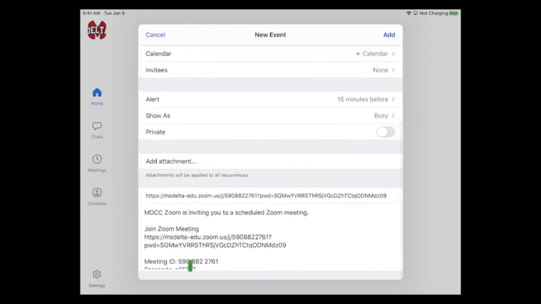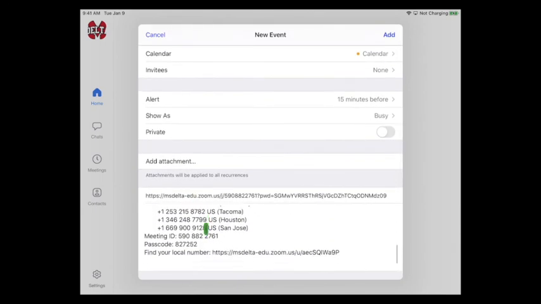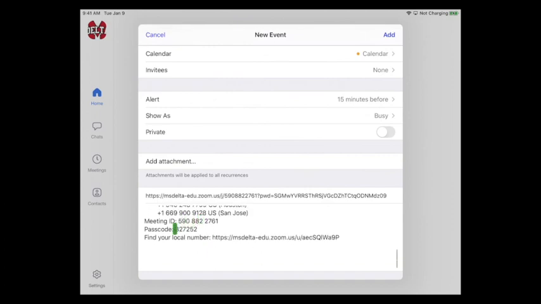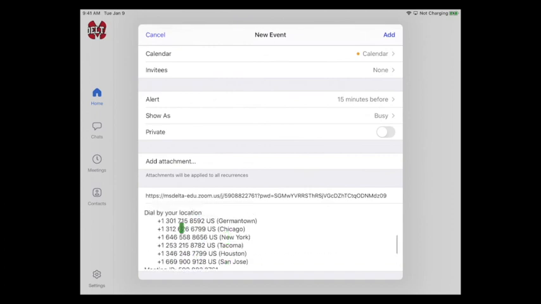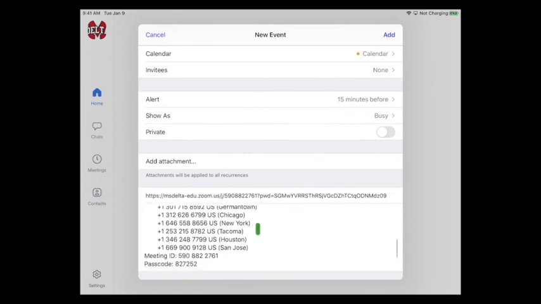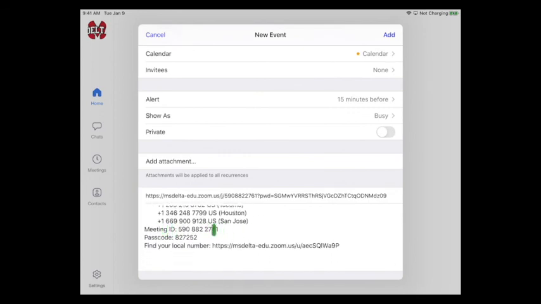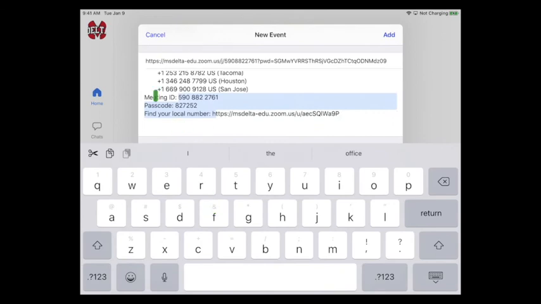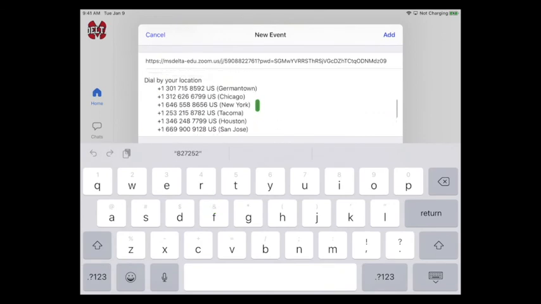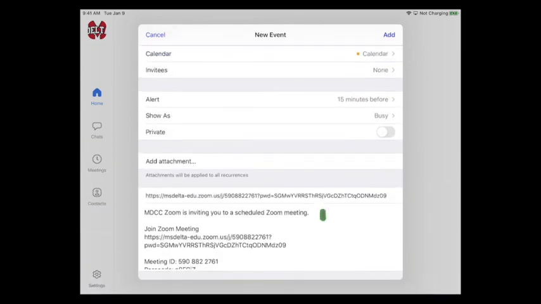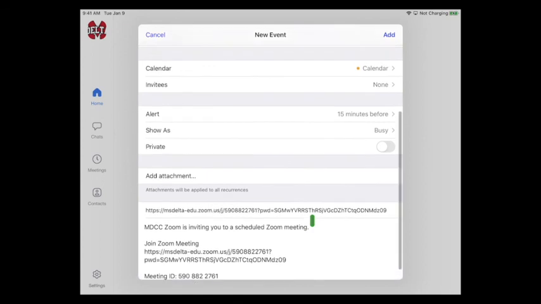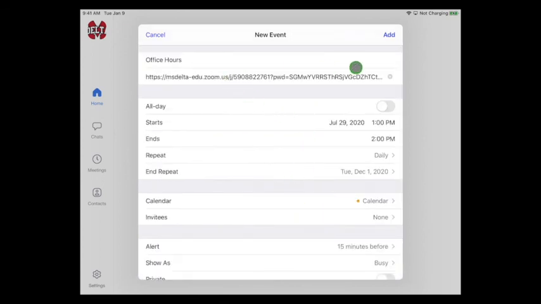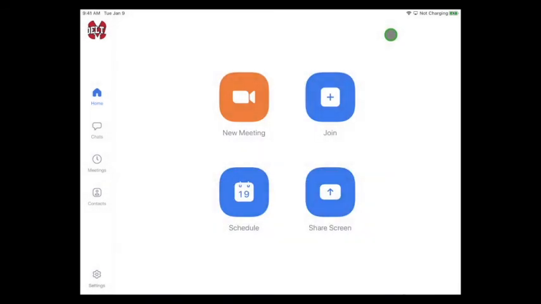We have our Zoom invitation information here with telephone numbers, meeting ID, and passcodes. So if a student wants to call in by telephone, they can pick one of the telephone numbers, and then when prompted, dial the meeting ID and passcode numbers. So if our students do not have internet access, they can still reach us during our office hours using this Zoom setup. When all of this looks correct, you can click Add, and we have fully scheduled our meeting. To send that information out, we will look at that